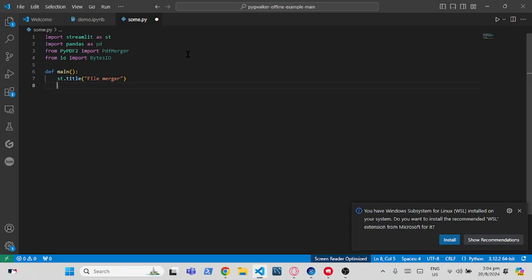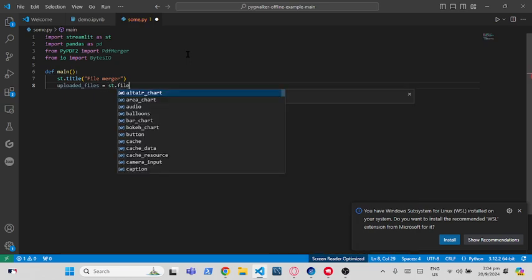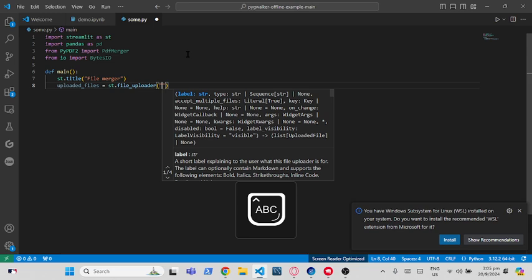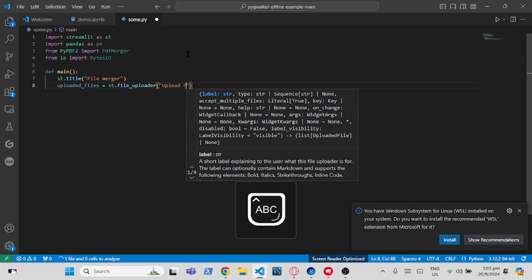So what we want to do is basically upload the files is equal to st.file_uploader, and then we're going to be changing it to upload files,